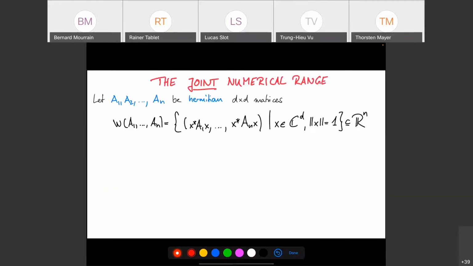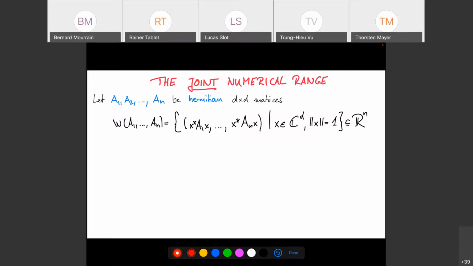Okay. So let's maybe now generalize all of this to higher dimension, and we'll run, as we will see, into exactly the problems that I've discussed in the case of curves. So now we call it the joint numerical range because there are more matrices than one. But now the difference is we assume the matrices to be Hermitian to begin with. The numerical range itself was for a complex matrix without any constraints. For the joint numerical range, we assume Hermitian, so we get the numerical range as before, back in the case n equals 2. So only beginning with n equals 3 and more, we actually generalize here.